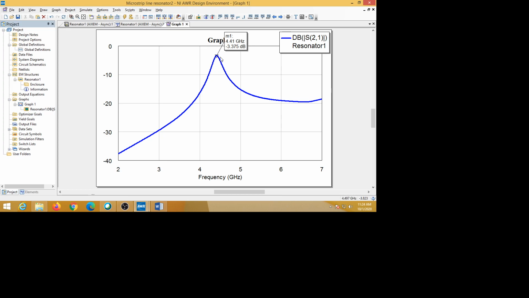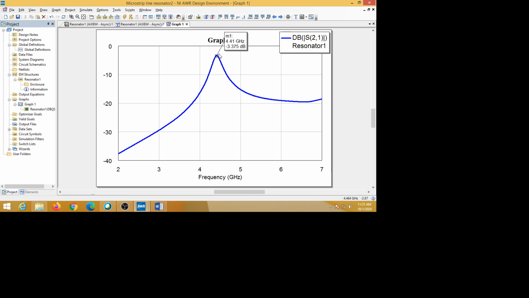So at what level is it? The peak is at minus 3.375 dB. So from 0 dB it is below by minus 3.375 dB. That much insertion, this is called insertion loss.